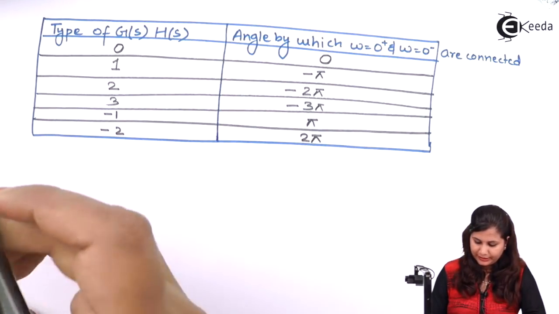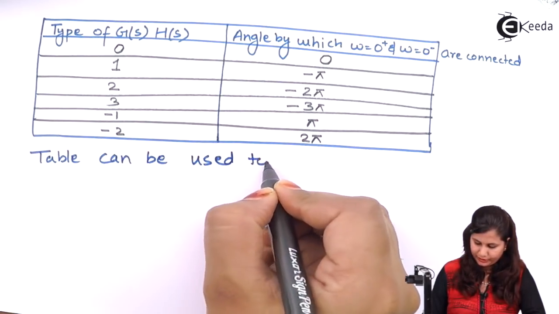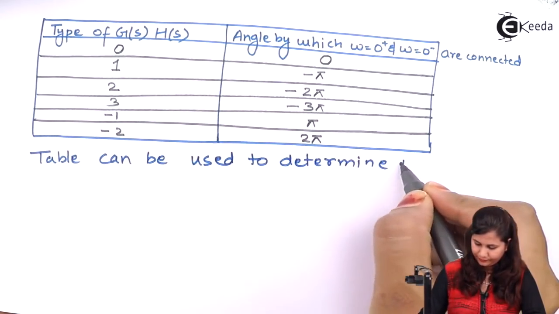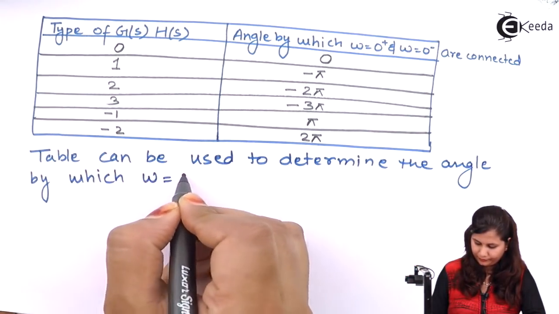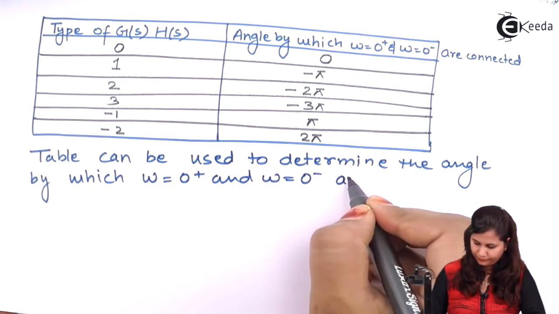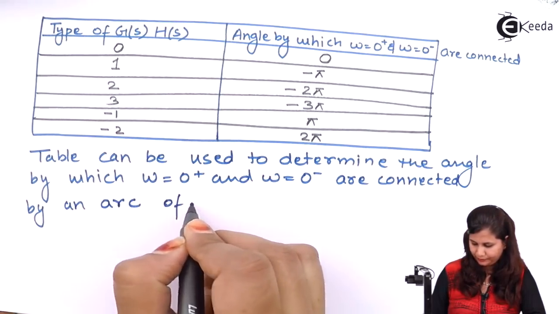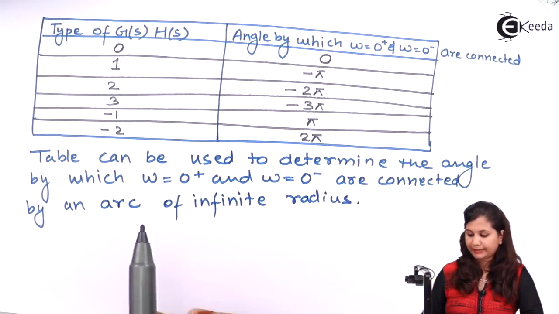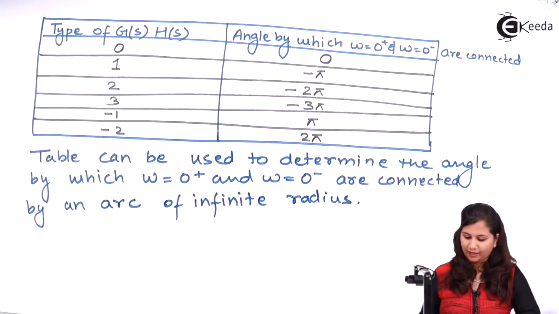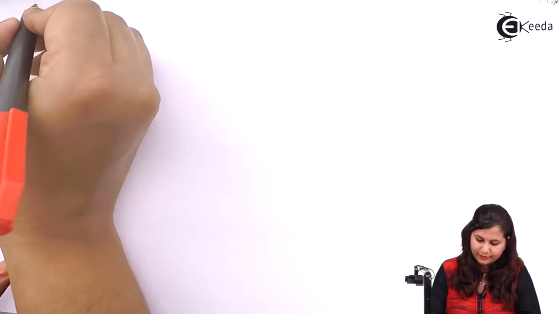So this table is used to determine the angle, so we can find out the angle by which these two frequencies are connected. So that was our fourth step to draw the Nyquist plot. Now step number 5 is